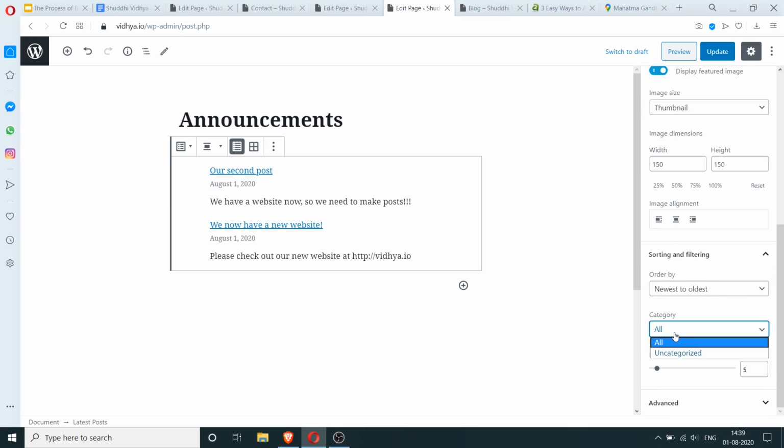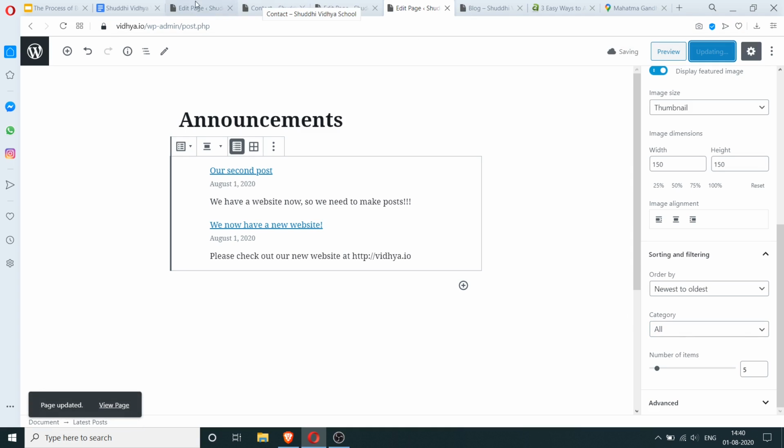And here in categories, what we're going to do is add a category called announcement. And whenever we need to make an announcement to something, we'll tag it with that category. We'll add that post to that category. Then we should be able to have that post be under that category. So let's click on update and let's go to